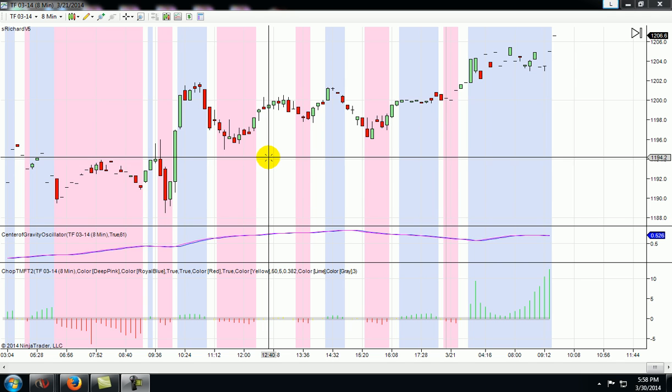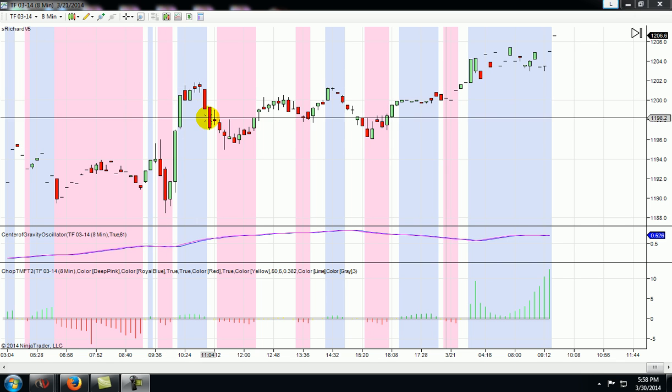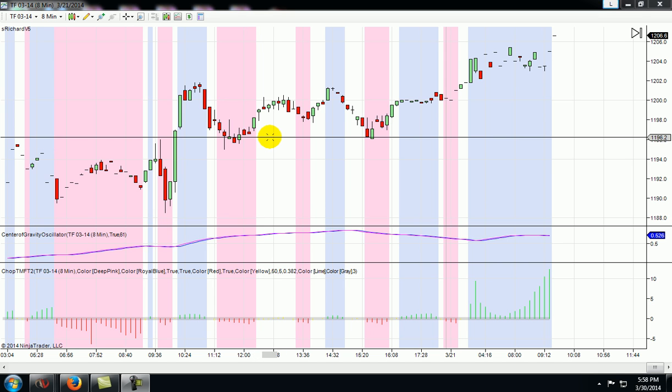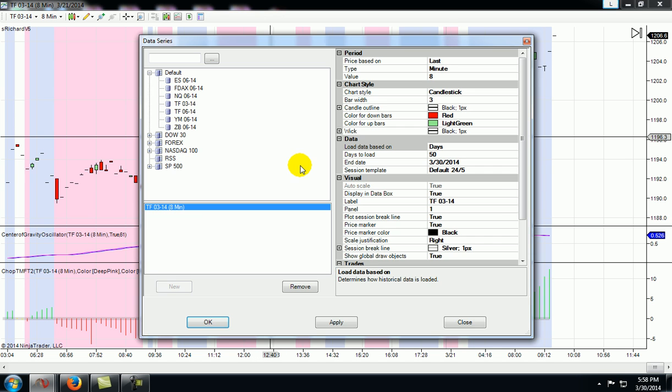On the week of March 17th through the 21st, we ran, let me set this up. Okay, on that week, it was the rear end of the TF314 contract, and what we usually do is we just open this up, set this to our optimized time frame, which was 8 minute,